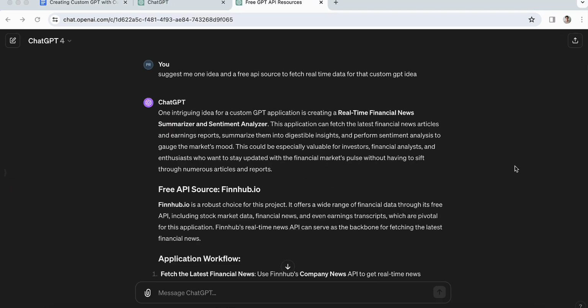For example, you can see I asked ChatGPT to suggest me one idea and a free API source to fetch real-time data for that custom GPT idea. And it gave me a suggestion about a custom GPT to create a real-time financial news summarizer and sentiment analyzer. It also explained what this GPT application will do, and it also explained for whom this sort of custom GPT